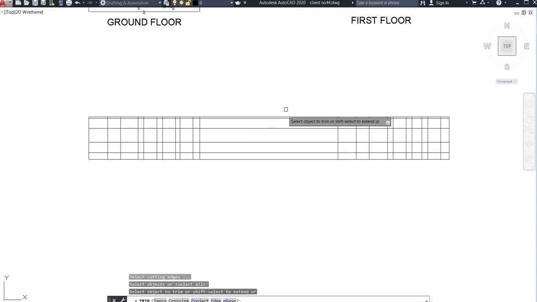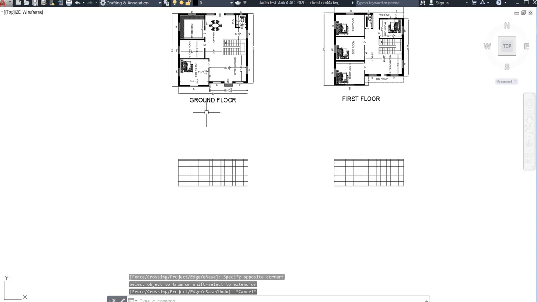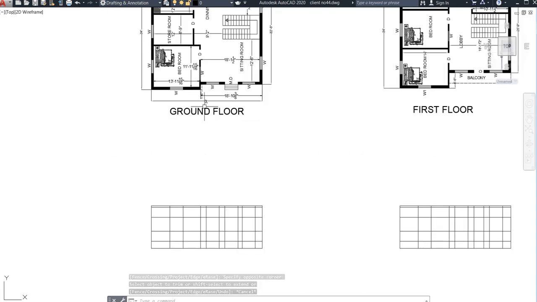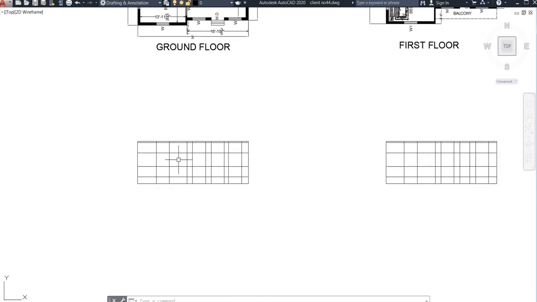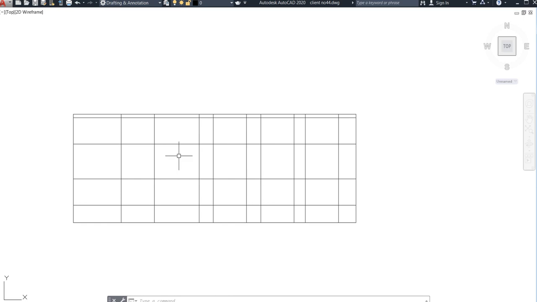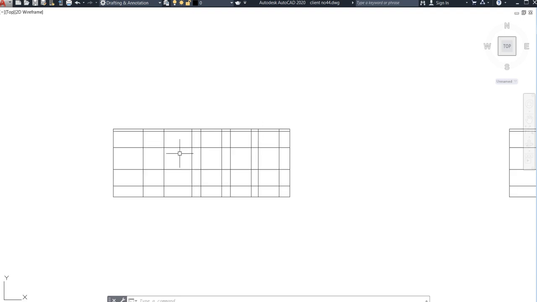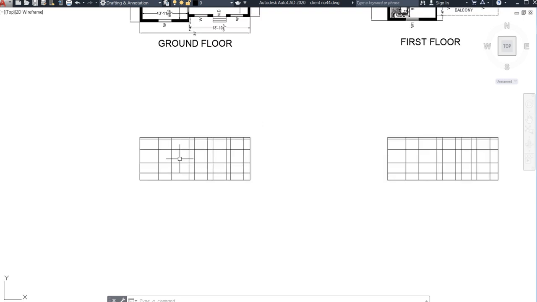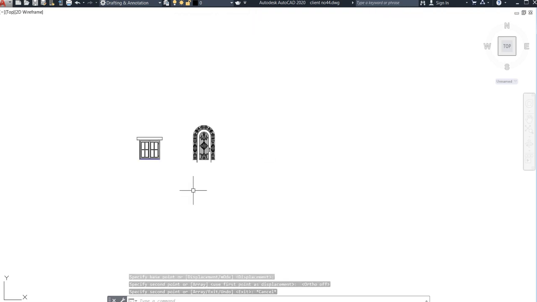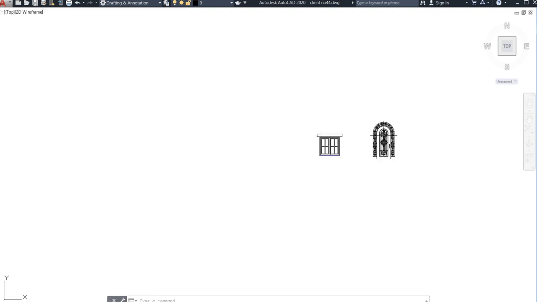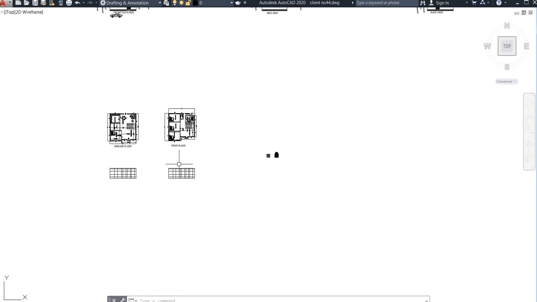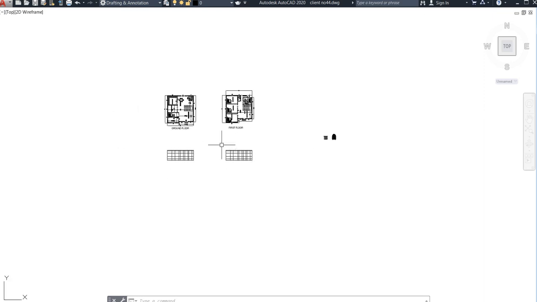Go for the trim command again. We do not want this also. Just see now what I need to do. I need to attach the windows, right? You can go manually also, but I have downloaded, meaning I have made my plan in a very good and attractive way, so I need to provide some windows and doors which have already been made. I will take them and place them, as you can see in my previous video. If you want these types of things, you can get them from this. I will attach this in the description box.